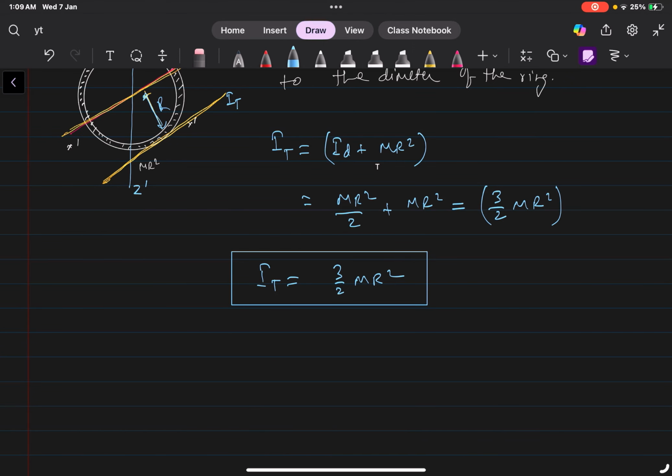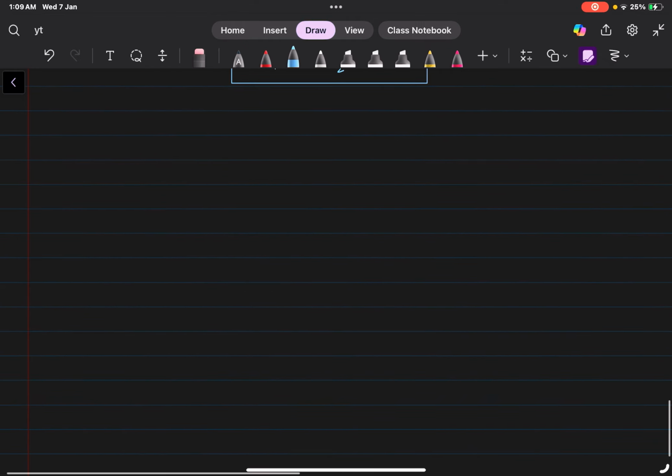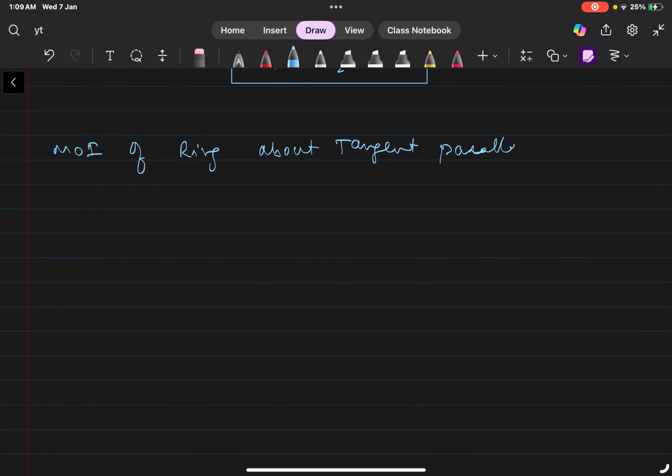Now the next point we are talking about is the moment of inertia parallel to the center of mass. So next is the moment of inertia of the ring about a tangent parallel to the center of mass, the moment of inertia at the center of mass. Okay, so now again